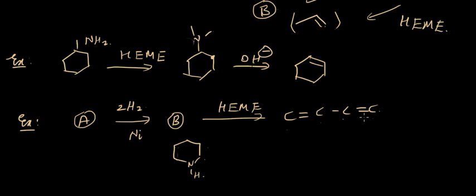So what we can do is, okay, this is the compound which has to be formed. Okay, so this would be the product on which HEME will give this compound. Hence with 2 moles of hydrogen, something like this would be our product, compound A. Okay, so